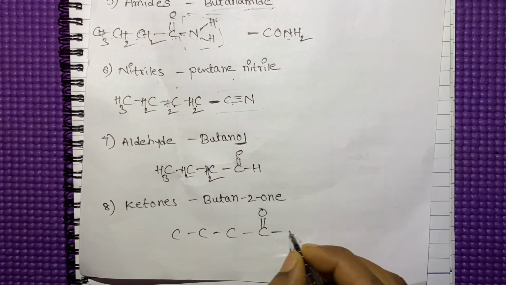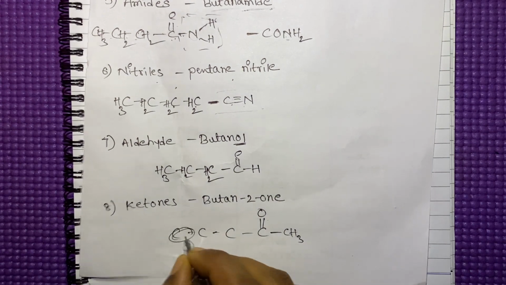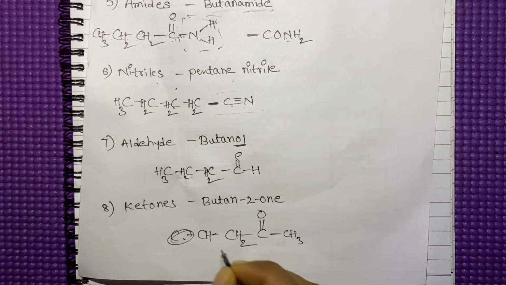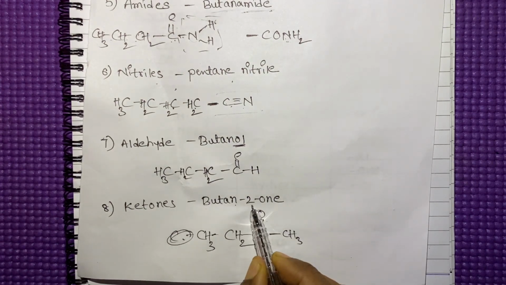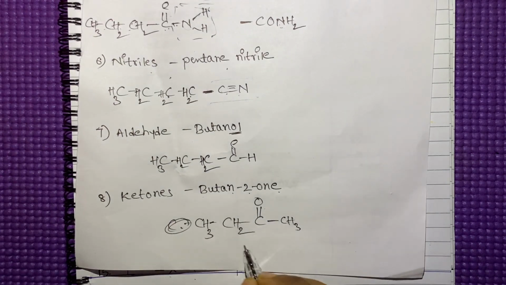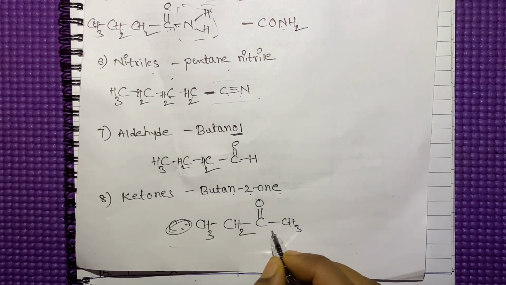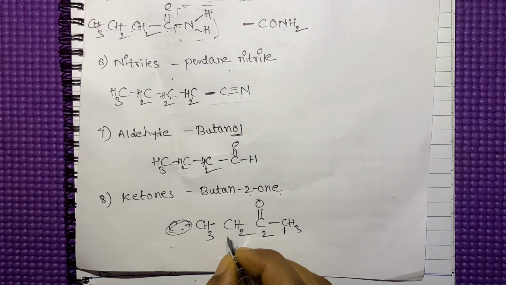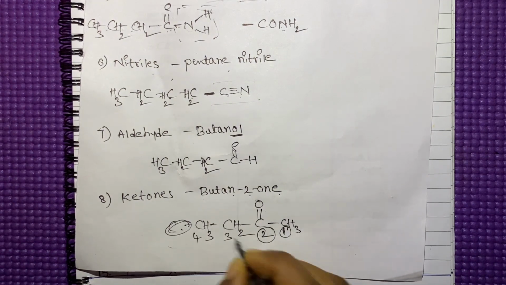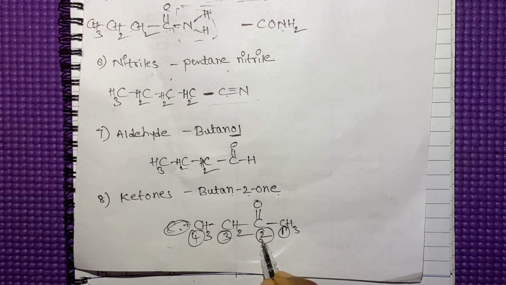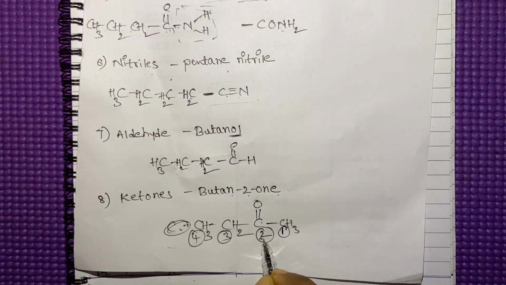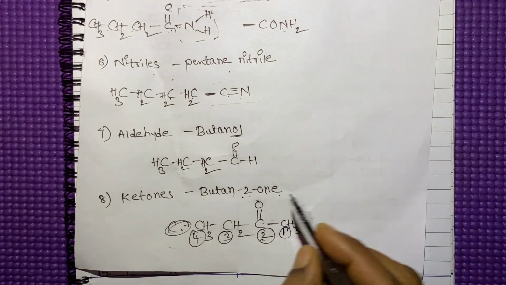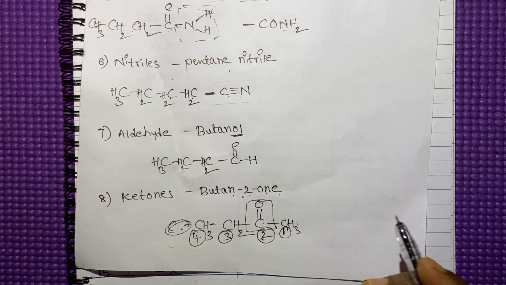Here methyl groups we are adding, so we have to remove one methyl group here. Then CH2, CH3. Butan-2-one means, if you give the number for this compound, we need to give the least number for the functional group. See here, we have to give the numbering from this side: 1, 2, 3, 4. In the second position, the ketone group is there. So, second position one is there. It has 4 carbons. So, butan-2-one. This is the structure of the functional group.